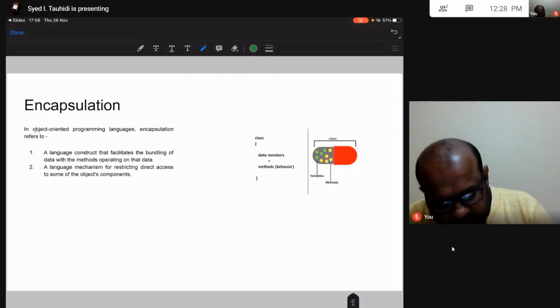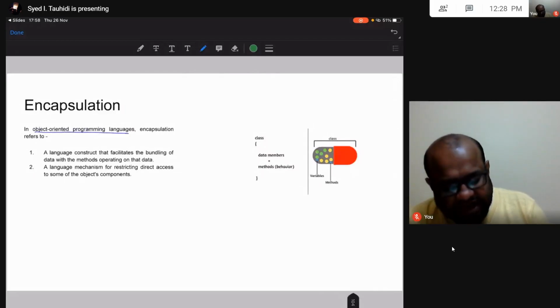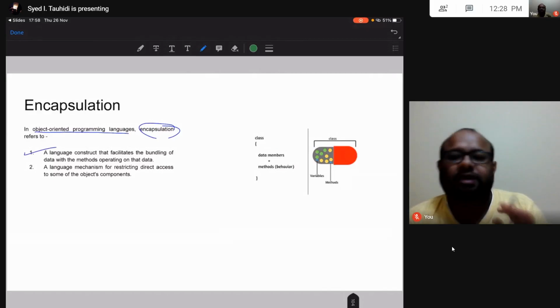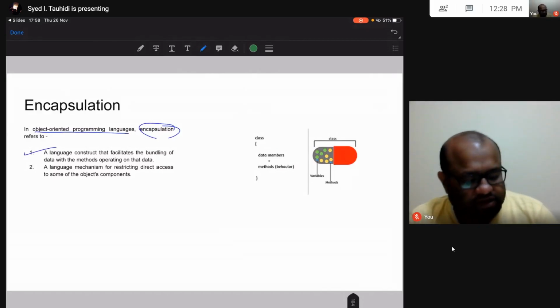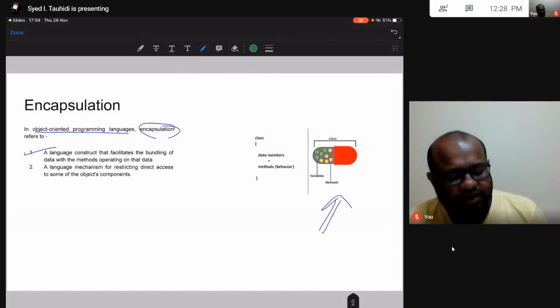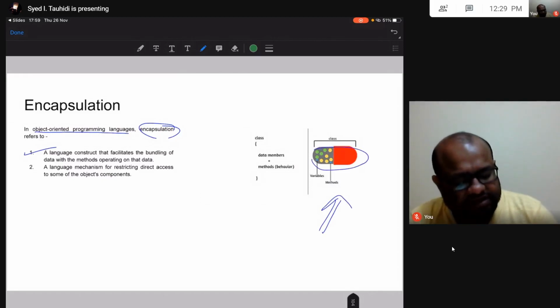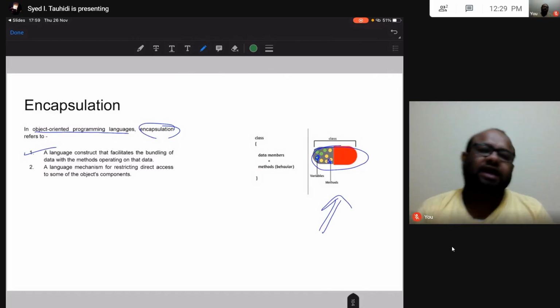In object-oriented programming languages, encapsulation refers to a language construct that facilitates the bundling of data with the methods acting upon the data. Remember this image: we have a capsule, and in this capsule we have variables and the methods that act on these variables.